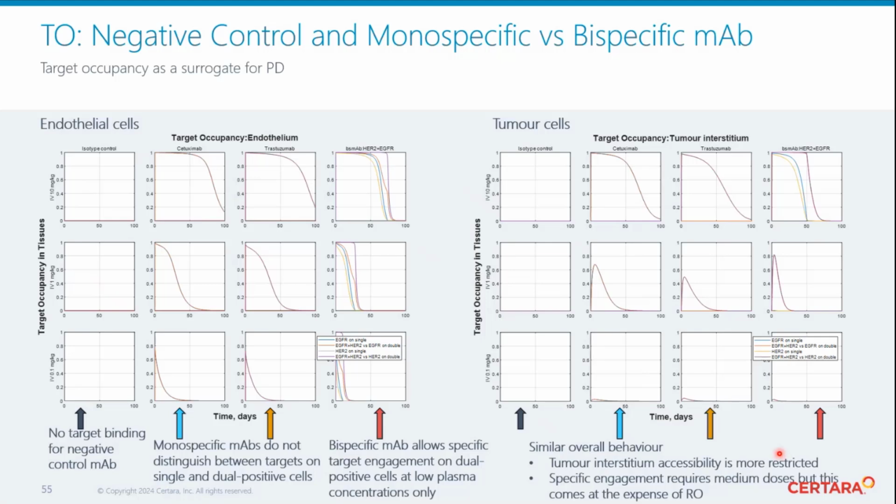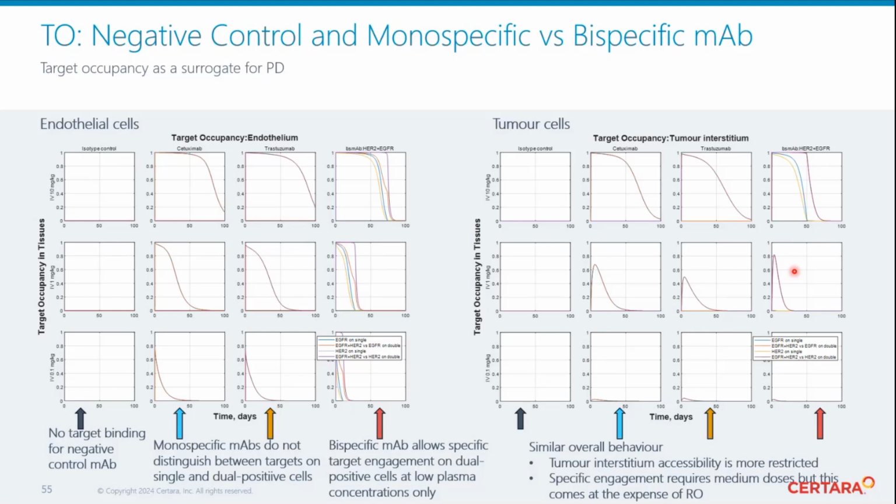Now, how does it impact tumor engagement? Well, it was fairly surprising to see that the difference, for example on tumor cells, between the bispecific antibody and the monospecific antibody is actually very narrow, and it only happens when the plasma concentration of circulating antibody is very low. The reason behind it is that a bispecific antibody will also bind through one arm, and specificity for bivalent engagement only arises when the concentration drops to picomolar concentrations, and that's another problem, because at picomolar concentrations there might not be enough target engagement to deliver the drug.